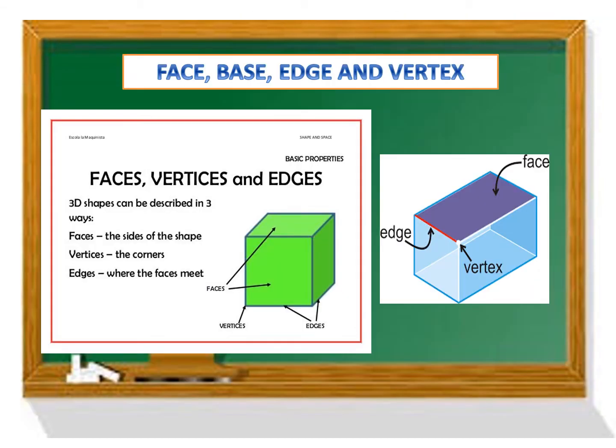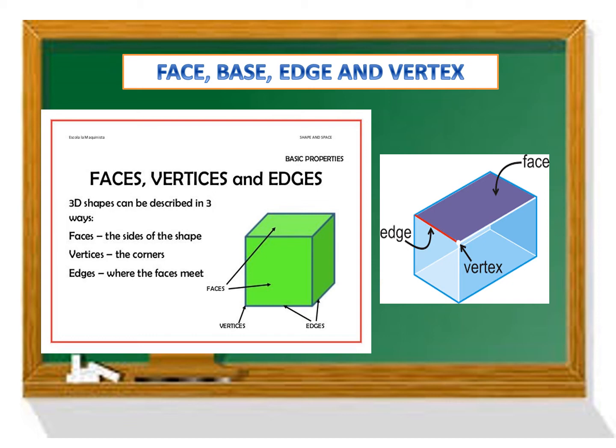Now, class, let us identify the parts of solid figures: face, base, edge, and vertex. The flat surfaces of a solid figure are its faces. Remember that solid figures have polygons as faces. The base is the face on which the figure rests. The edge of a solid figure is the line segment where two faces meet. And the vertex, or vertices in plural, is the corner that is formed where the ends of the line segments of two or more